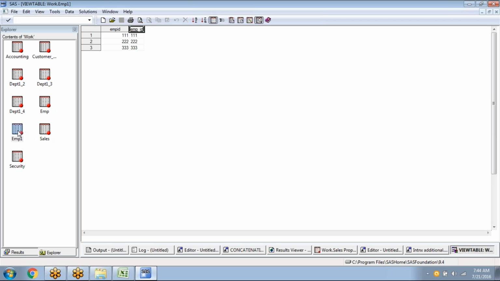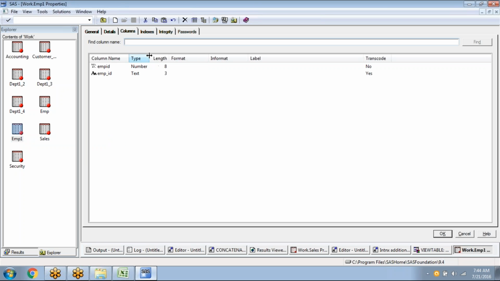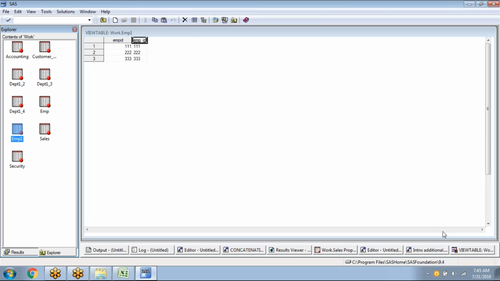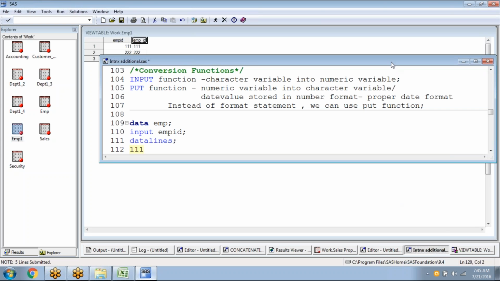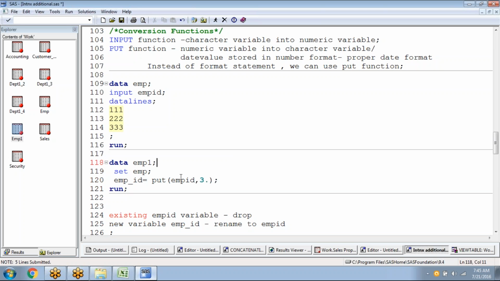Or else right click on the data set, click on view columns, you'll be able to see. So EMP ID, this is the variable which is already existing in the SAS dataset, and this is the new variable which we calculated. I want to bring to your notice one very important point